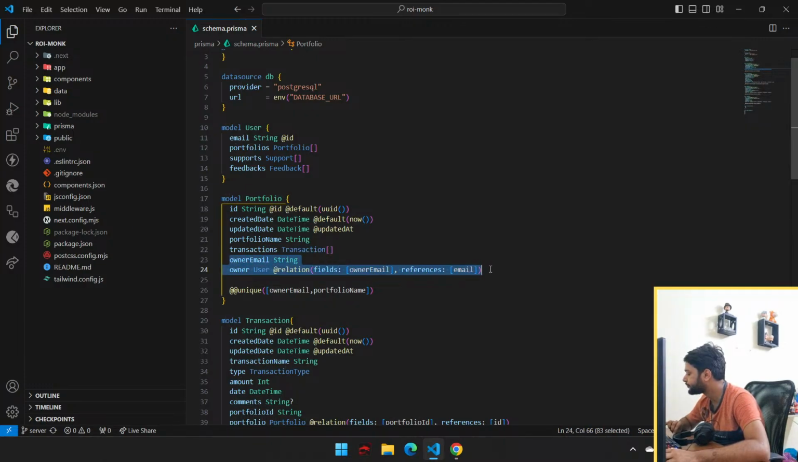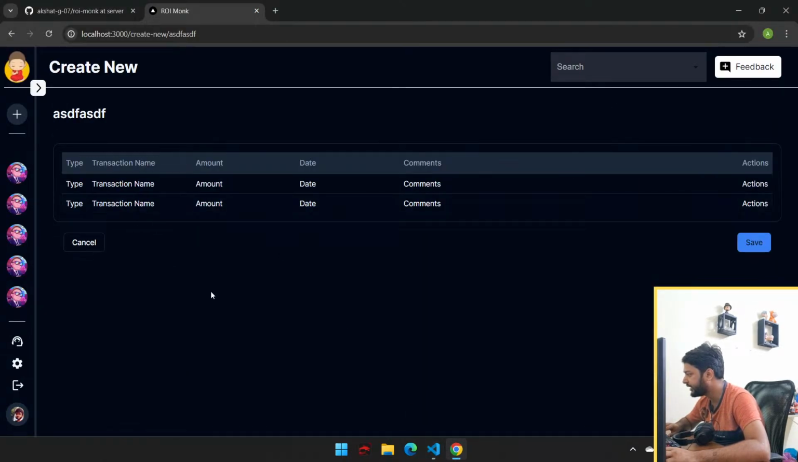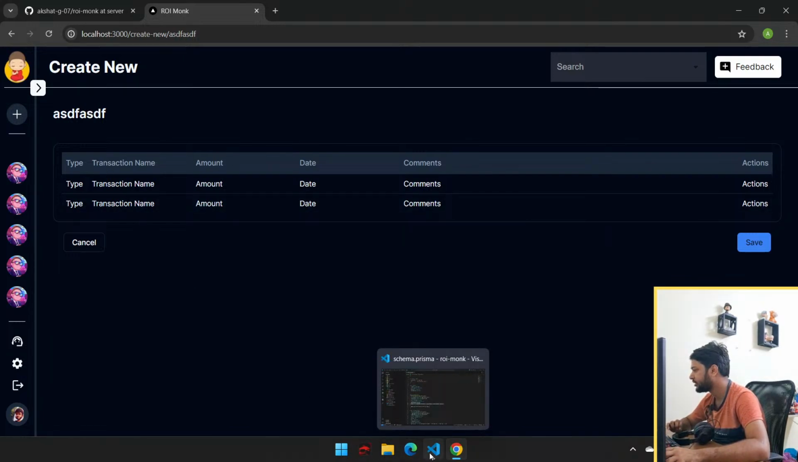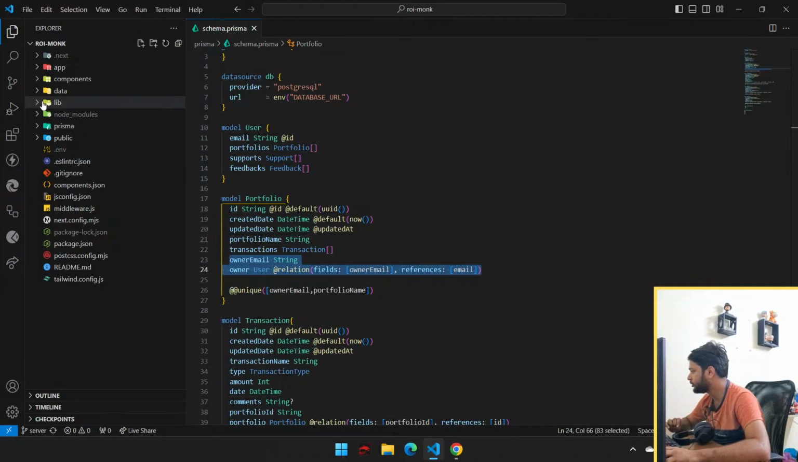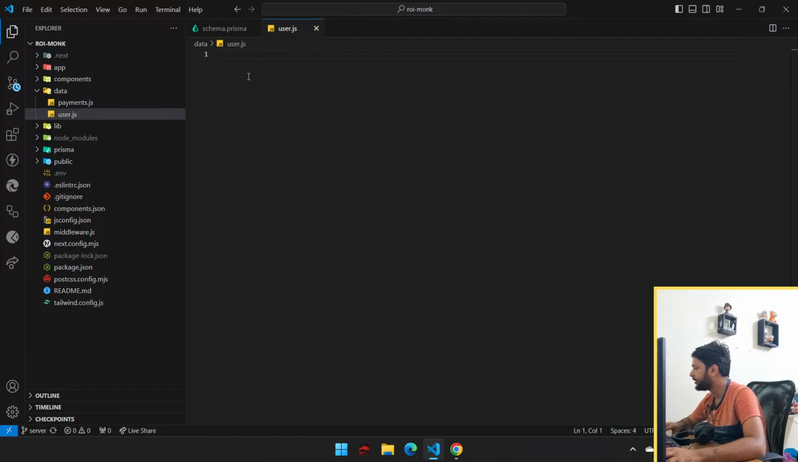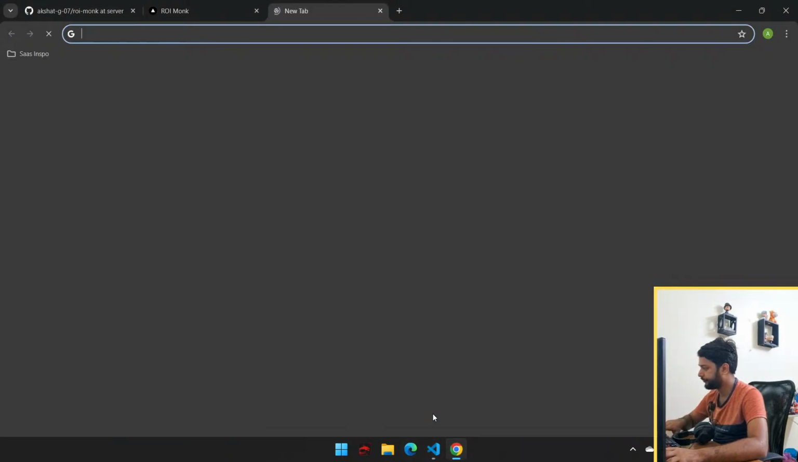So all these details I cannot provide at that page only, right? So that's why we'll come here after the validation, and here we'll do the validation part, right? Cool, makes sense, makes sense. So let's go to data. I want to create another JS file, user.js. Here we will be getting our